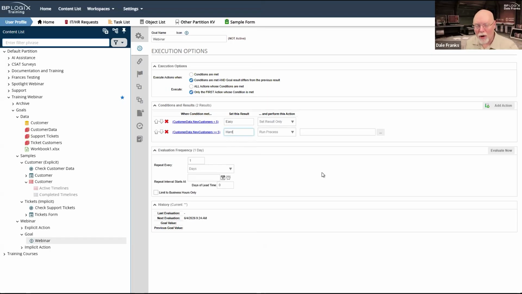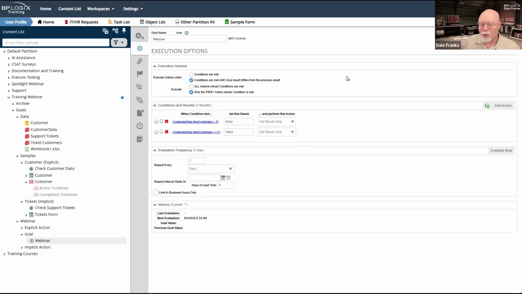And we're first going to start off doing an implicit action. Then we'll worry about an explicit action. And in fact, we've already seen an explicit action, so I'm not entirely sure I'll even create one for you in the interest of time. But for now, we're just going to set a result only. So the only thing that's going to happen here is I'm going to have a result set, and it's going to be either easy or hard because, once again, I have kind of mutually exclusive conditions. One of these and only one of these will always be true.